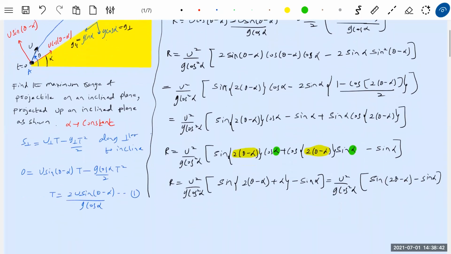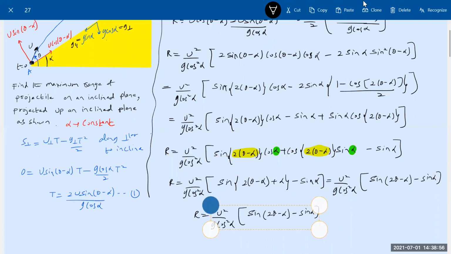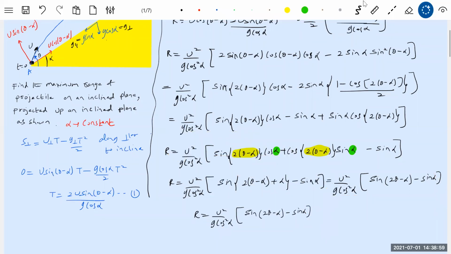I'll slide up. Just in the end I'll show the complete picture. Let me go for the derivation part. So R is equal to... I'll just highlight it. These two are dependent. As you vary theta, for one specific angle of theta the range will be maximum, because alpha is a fixed value. The range will be maximum when this quantity is maximum.